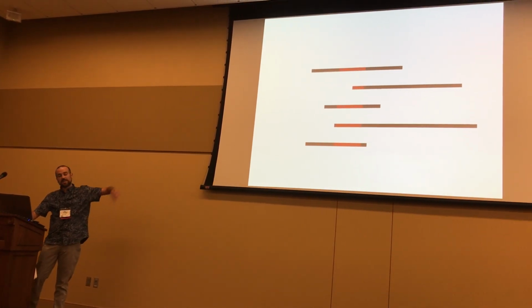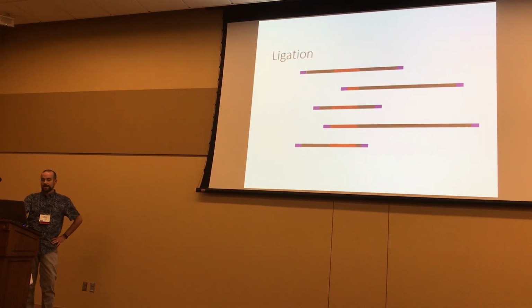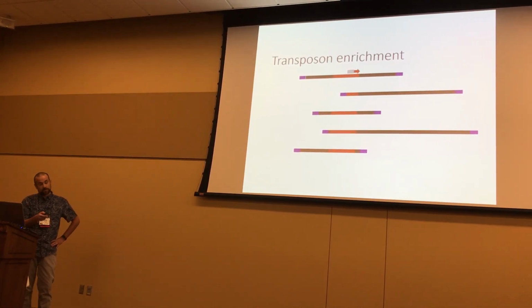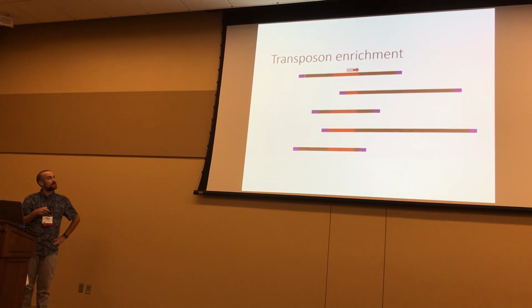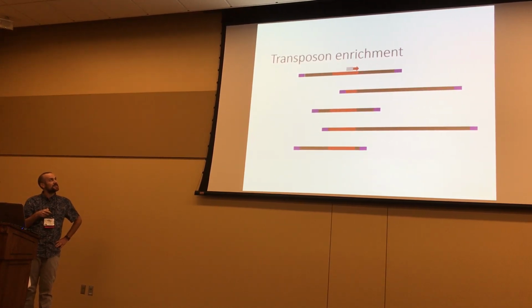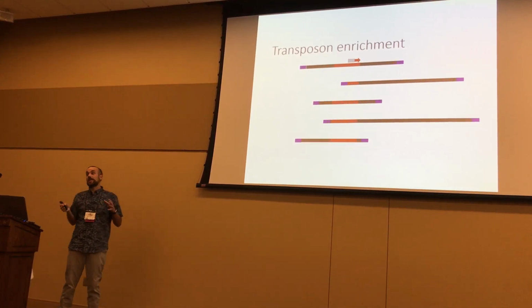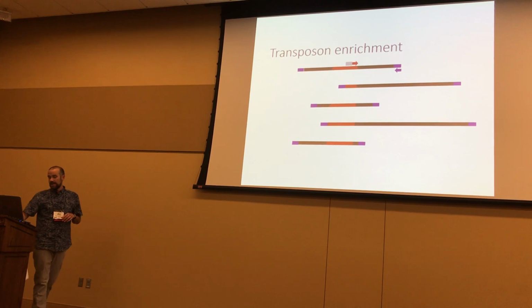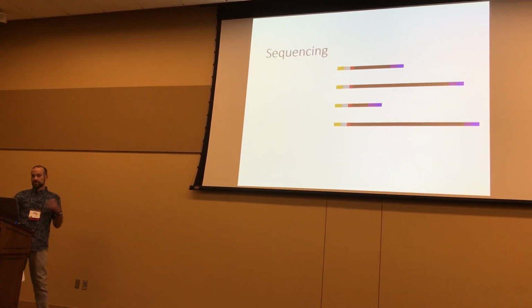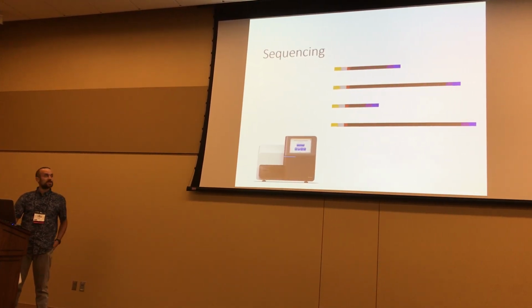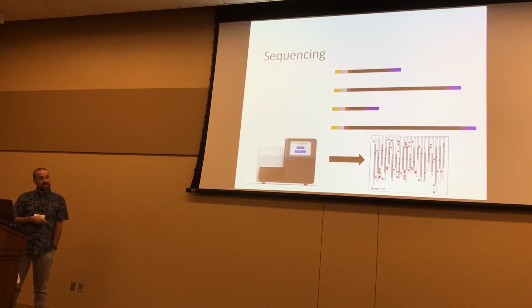Here the red rectangles are transposon, ligating on adapters, and then this is the one difference from the library preps you're probably all doing, is using an outward-facing primer in the transposon to enrich your libraries for transposon-adjacent DNA. And then we add barcodes, multiplex these, sequence it using Illumina technology, and then map it to the